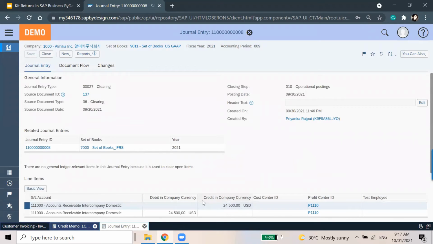Okay, so Uni, today we are talking about the kit returns. Last week, I showed the demo for the sales kit process flow, and today we are seeing the return process for the kits.